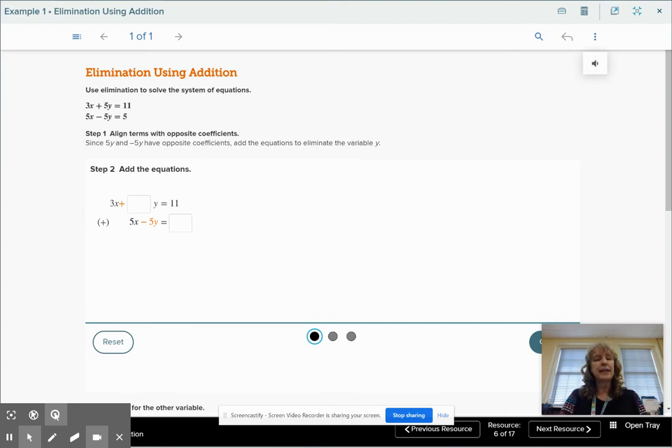In our first example, you should notice that we have a system of equations, and right out of the gate, you should notice that we can eliminate the y's. And so in step one, they're going to eliminate the y's. So first we're going to add the equations. So after you've eliminated the y's,